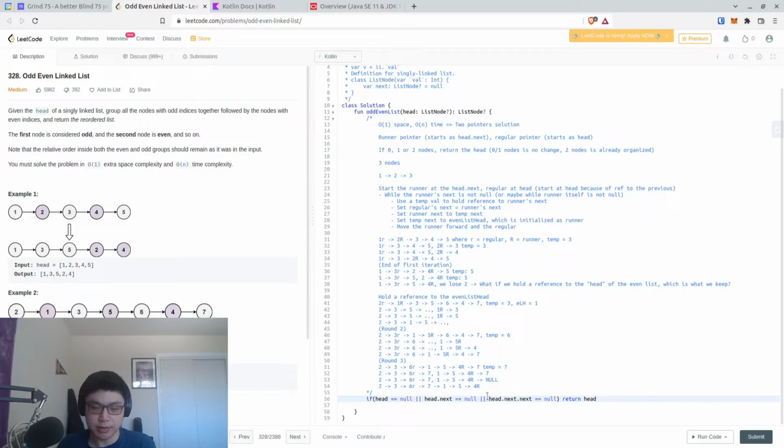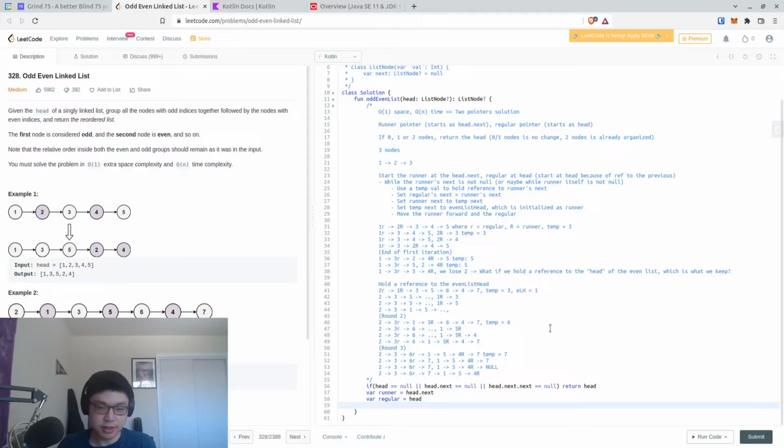So if we don't have a head, or if we have a head but no head next, or if we have a head and a head next, but we don't have a head next next, then we can say var runner is equal to head next, var regular is equal to head, and val even list head is equal to runner. And then we can say while runner is not null,